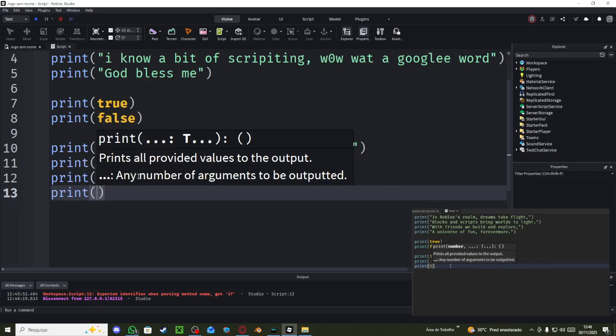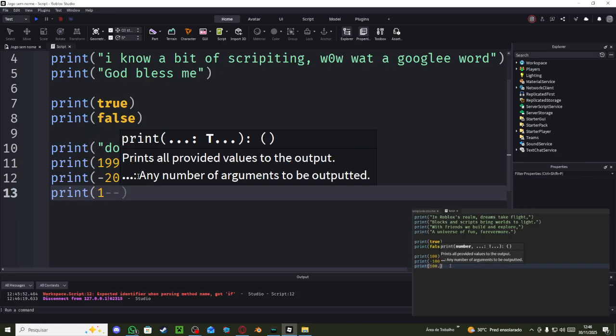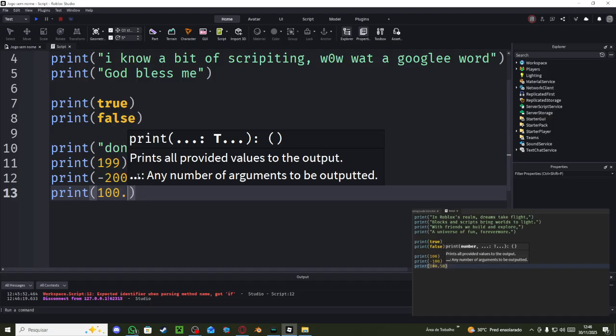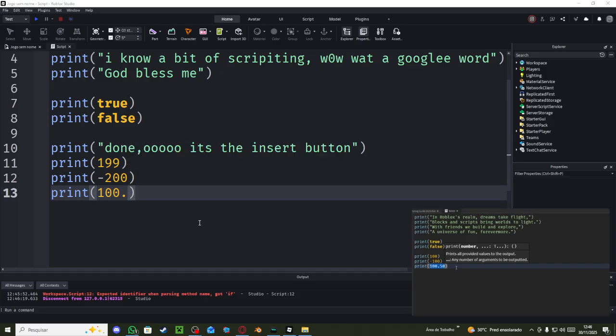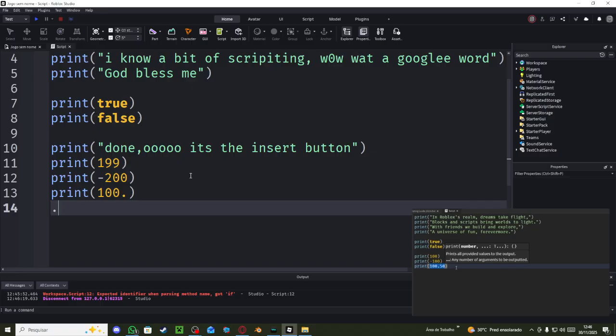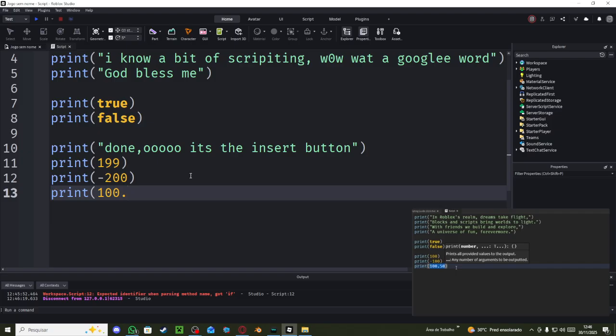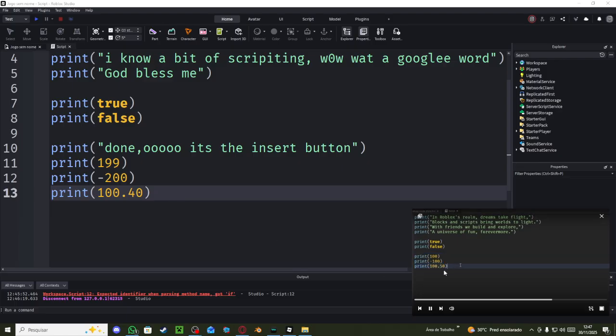So what I'm going to say is 100 dot and then some other number after this, like 50. It's going to be 100.50, which is going to be our decimal number. And so these are some of the ways we can create numbers inside